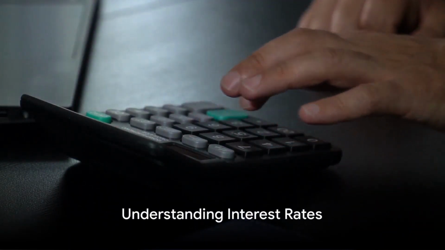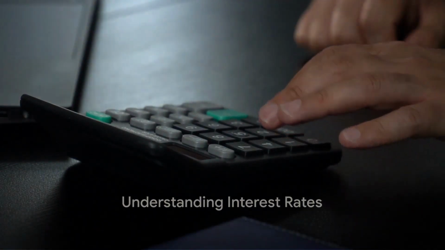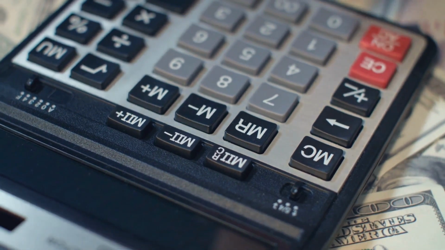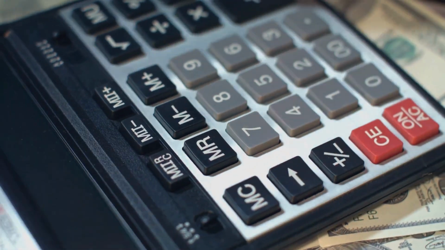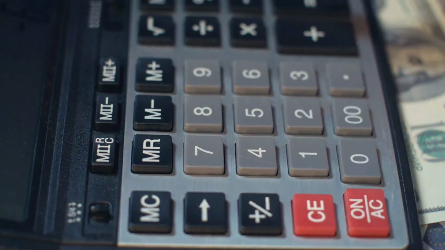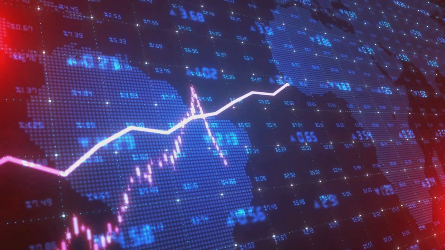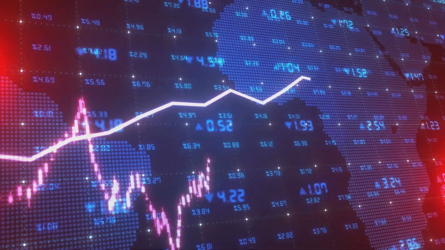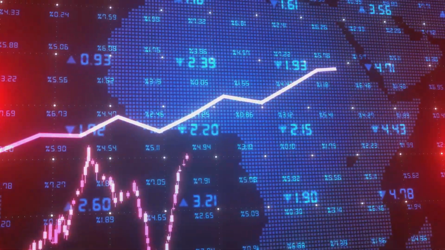Ever wondered how interest rates affect your loans? Well, it's time to demystify the concept. Picture interest rates as the cost of borrowing money. They're the price you pay for the privilege of using someone else's cash. Typically, a bank or other financial institution sets these rates, influenced by a myriad of factors, including the economy's overall